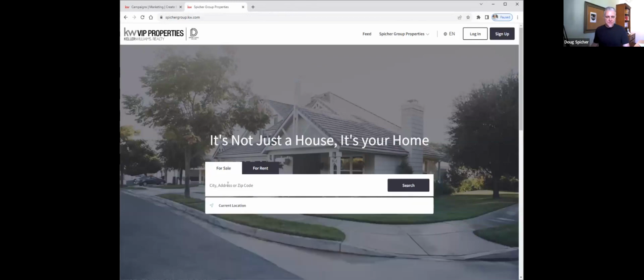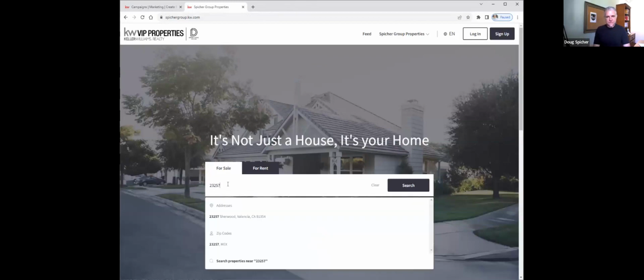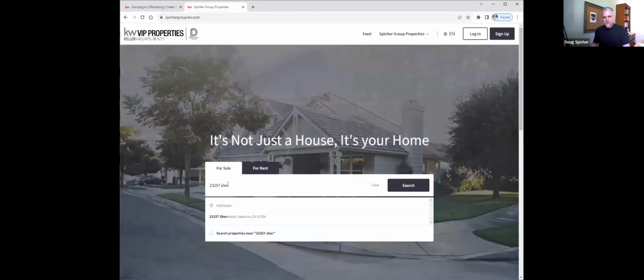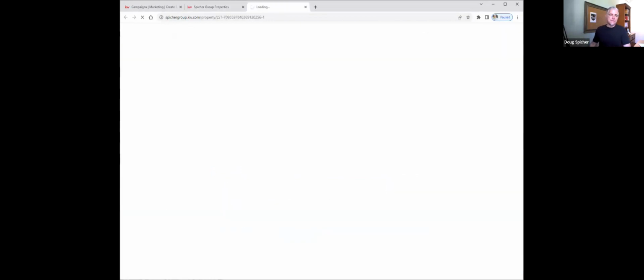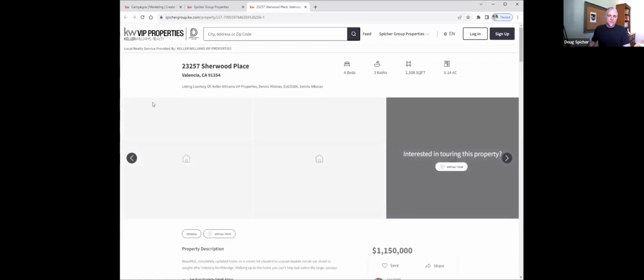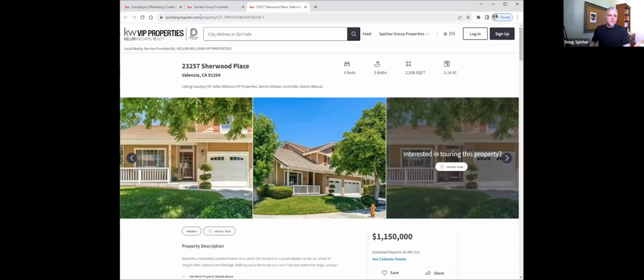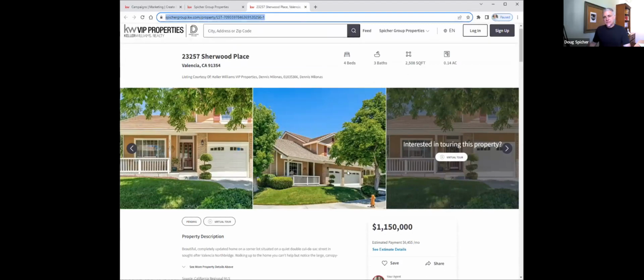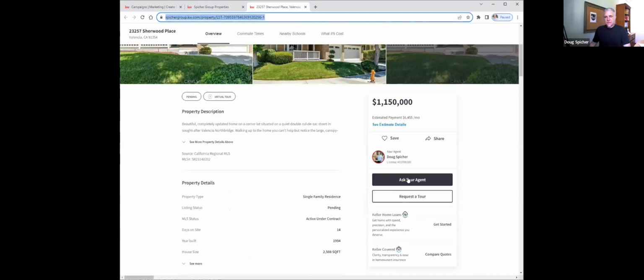So we'll put the property page, and I'm just going to do 23257 Sherwood. There it is. Awesome. And all I have to do is copy this URL up here, right? This is the specific URL for this property page. And this property page has the description, but it also has Ask Your Agent and Request a Tour, which someone can submit